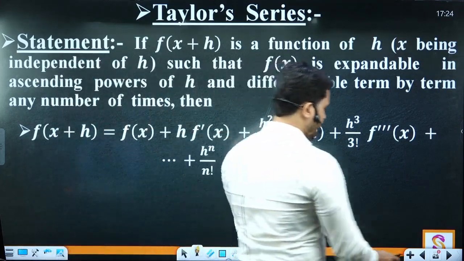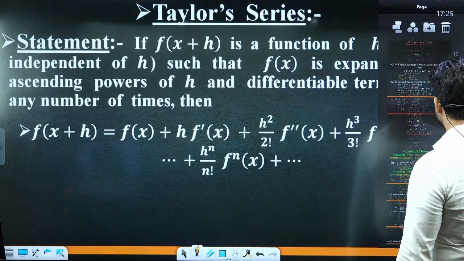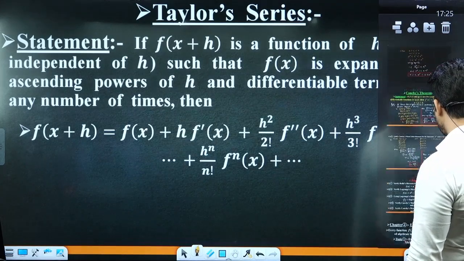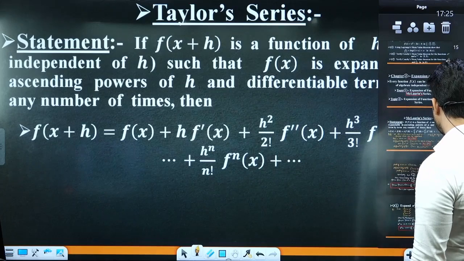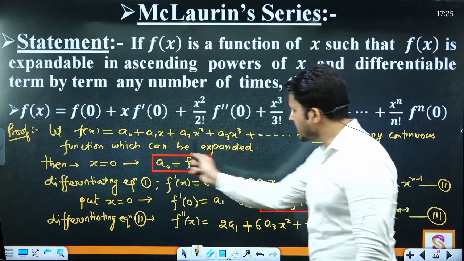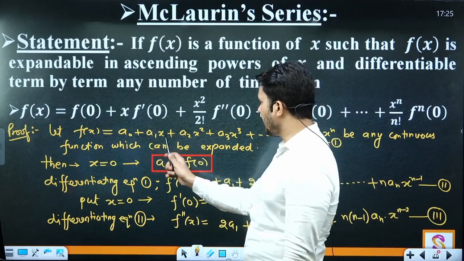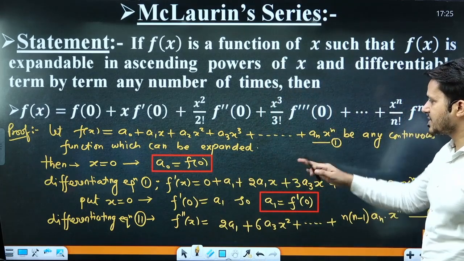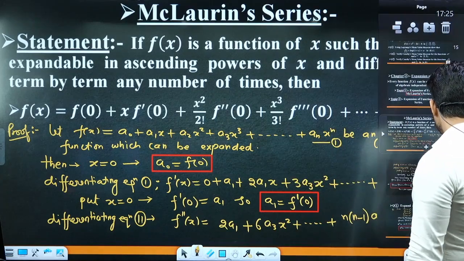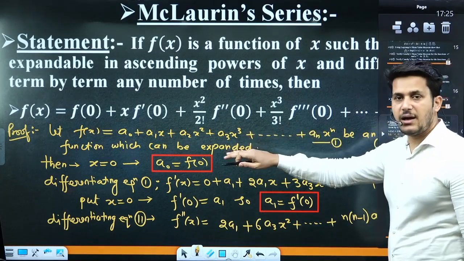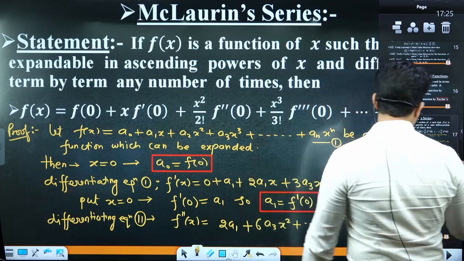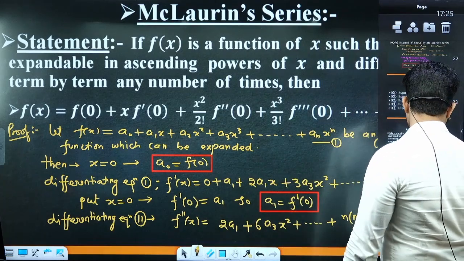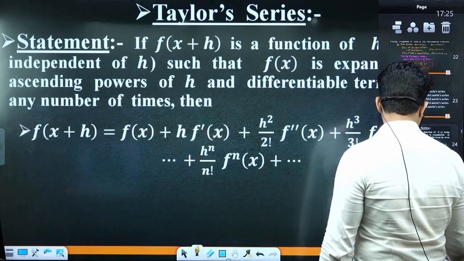तो first of all, like the Maclaurin series, जैसे आपने मैक्लॉरिन सीरीज में एक्सपेंशन किया था अभी, तो एक फंक्शन माना, किसके टर्म्स में माना? x की टर्म में माना। f(x) = a0 + a1 x + a2 x square + a3 x cube and so on, be any continuous function can be expanded. So इस वाले केस में आप x की जगह h मानोगे। क्या मानना है आपको? h। इस केस में, in case of Taylor's.